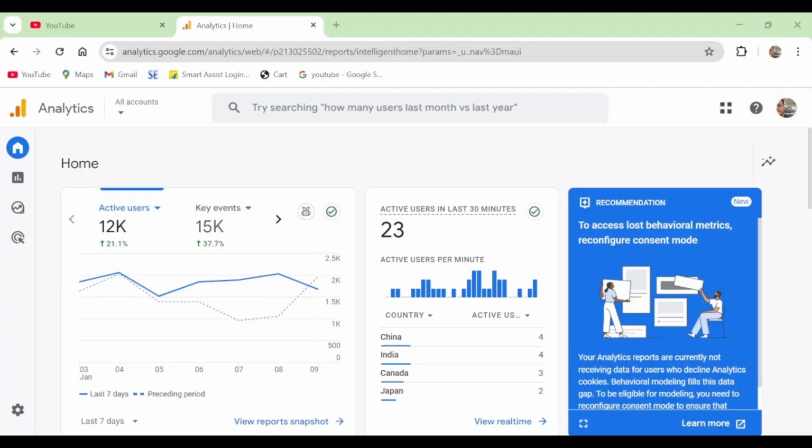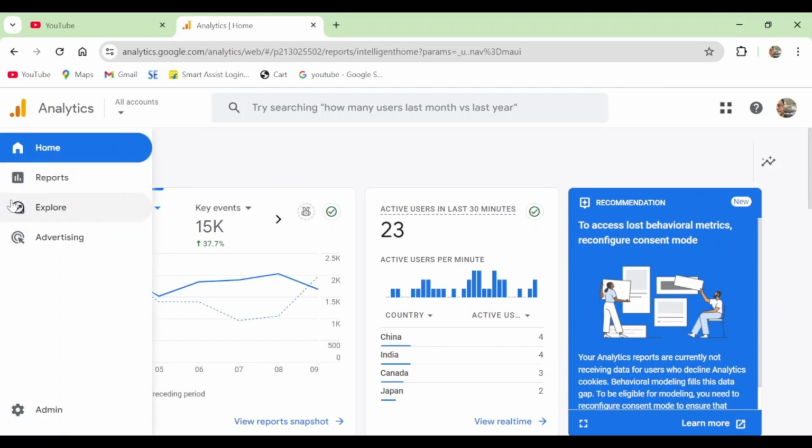exploration. Now let's go ahead and open our Analytics 4 account where we will be able to see this exploration section or this template and understand how this works. Now let's go ahead and look into our Analytics account which we have in front of us right now. And you can see that we're still in the merchandise shop account, and this is what we will use to explore the segment overlap. Now for that, what we need to do is we need to come to the explore